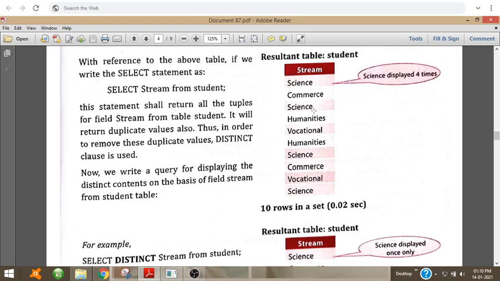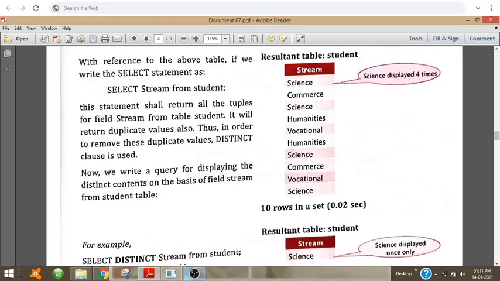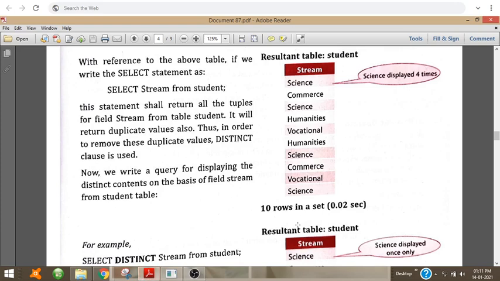We just want to show them science, commerce, humanities, vocational, only the distinct values. So we just have to specify only the distinct values from the stream column.